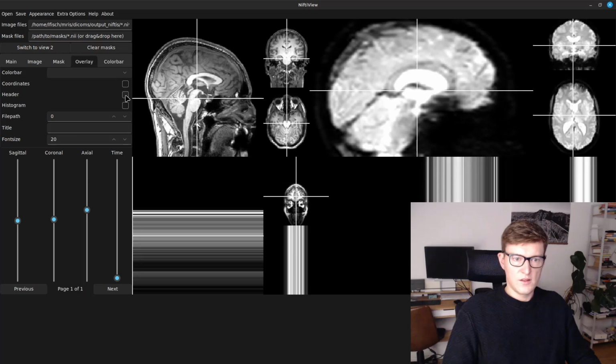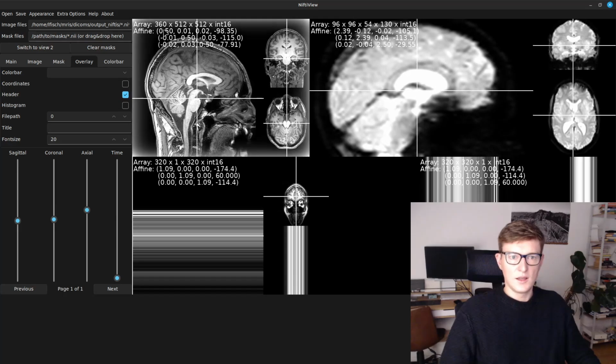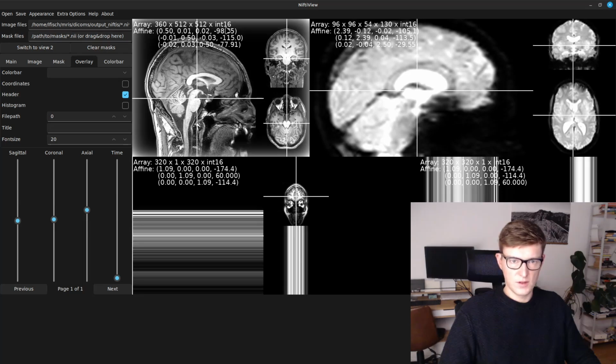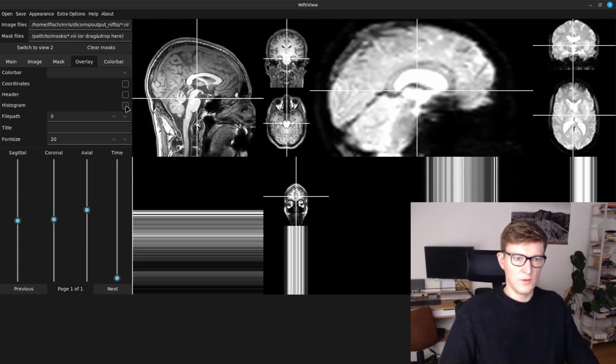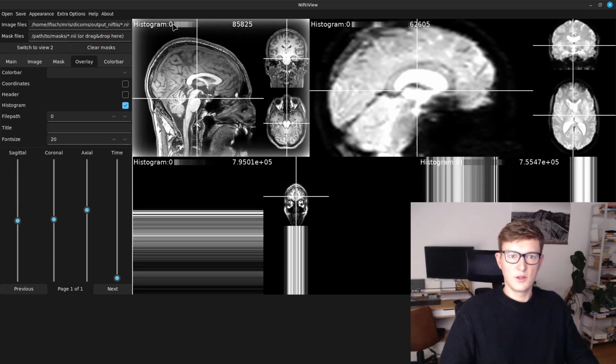Another overlay is the header, what's in the header of the NIfTI file. As you can see in the header of the NIfTI file, there is the dimension of the 3 or 4-dimensional array and its data type, so in this case an integer, and the orientation of this array with respect to the scanner coordinate space. But let's undo that and let's show the histogram, which is showing you the distribution of intensity values in the image,